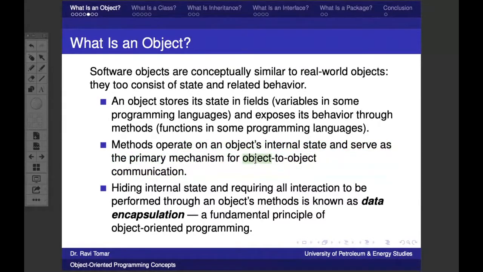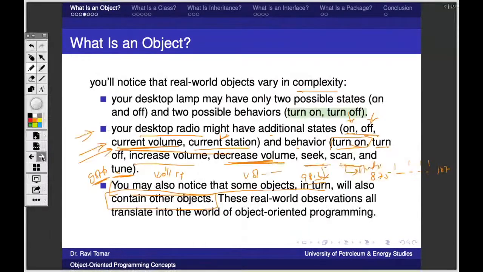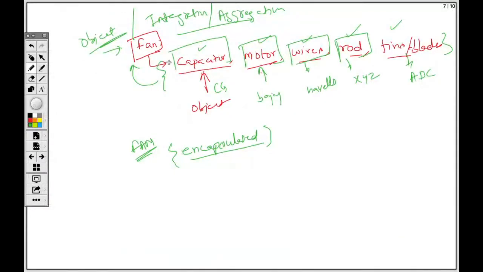So there could be two different objects, and there is a function in between that helps communicate these two objects, so their internal states can be changed. For example, if I'm talking about a fan, these all are different objects. They possess some behavior, and there's a way how they are connected.